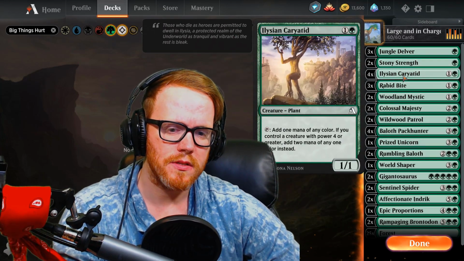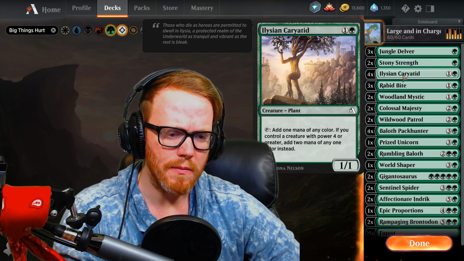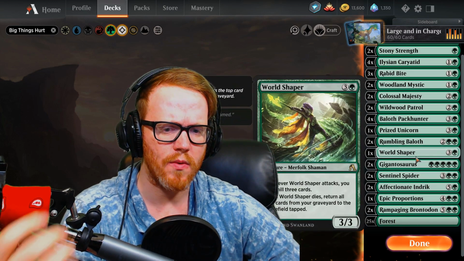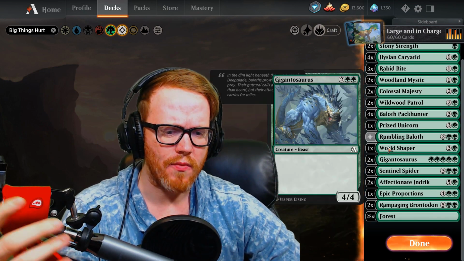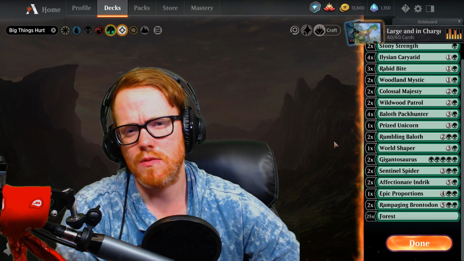Because when that happens, this now produces 2 additional mana of that color instead, so that's definitely good, and so on and so forth. The idea is you're trying to get to the top end of the deck, just because it is what is trying to make the deck win. I'm actually not sure on this World Shaper, since we're not really trying to mill, but the idea of milling and putting more lands on the battlefield is, I guess,